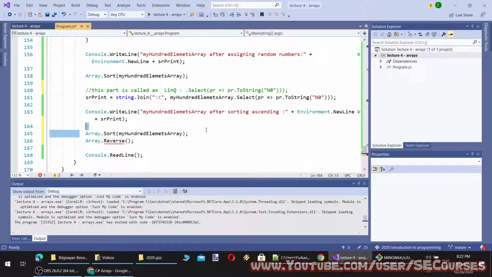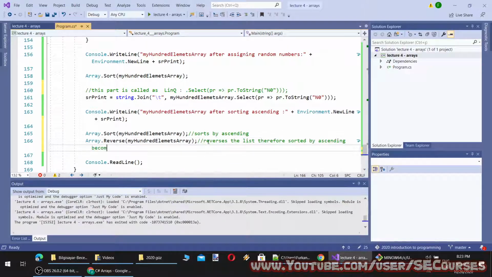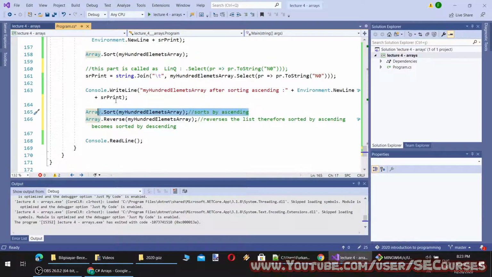So first you are sorting by ascending and then you are reversing it for descending. This line is actually not necessary because we have already sorted here, but I'm going to keep it to make you understand better.